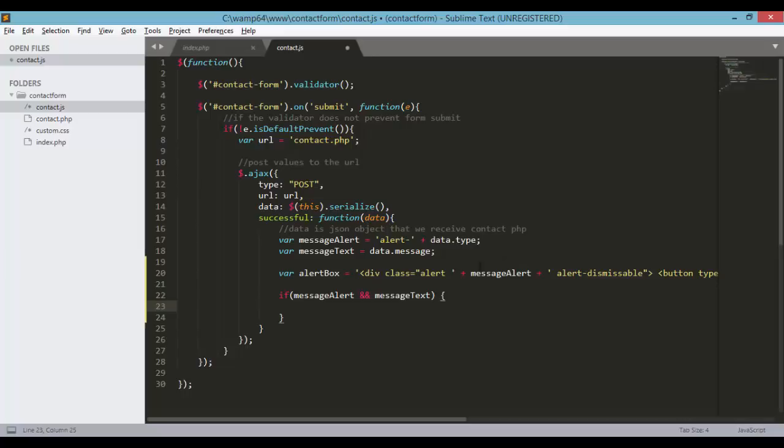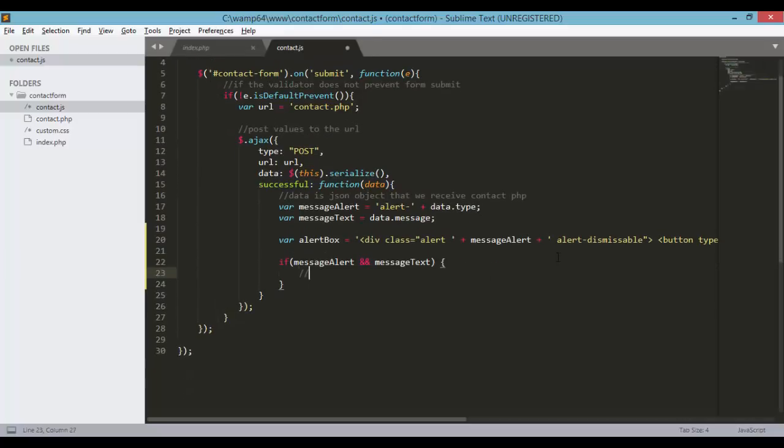So if we have those two, we need to inject the alert into the messages div, just the div where we want to display the message of our contact form. So contact form that find